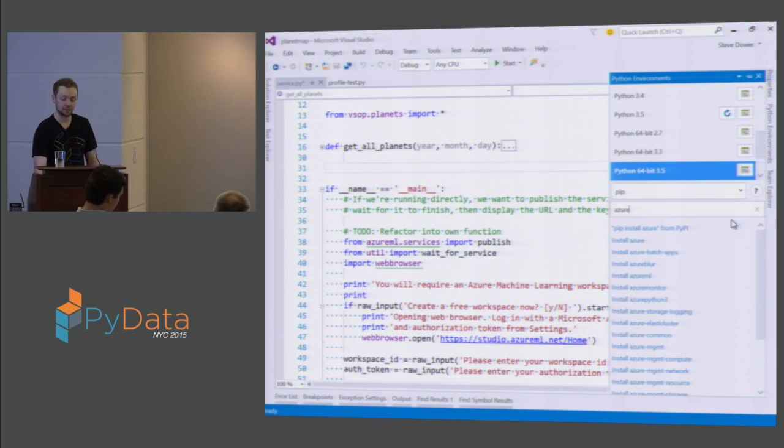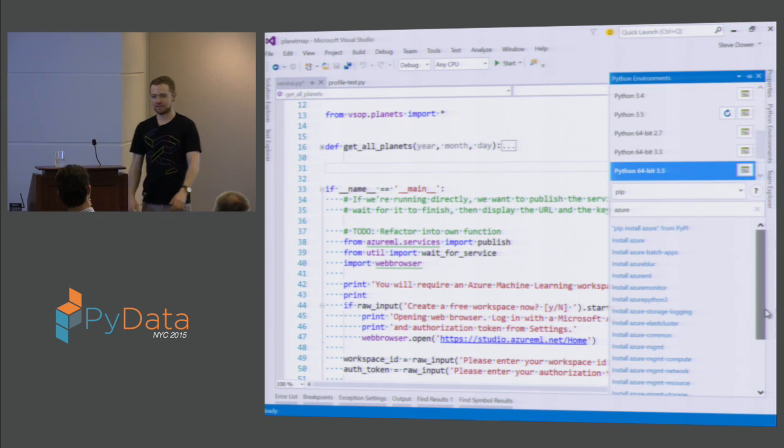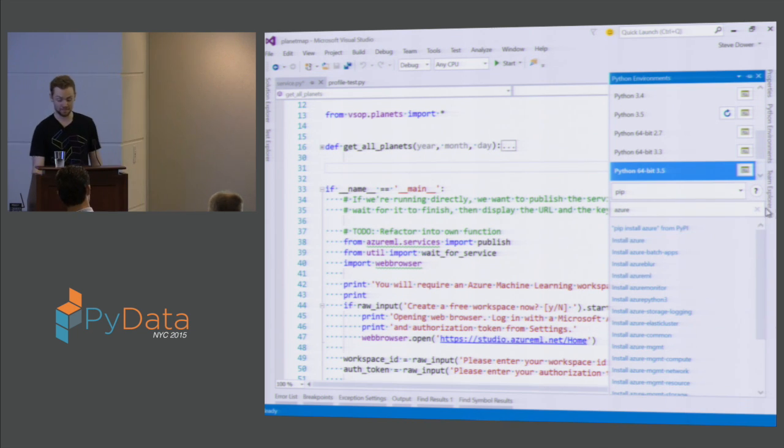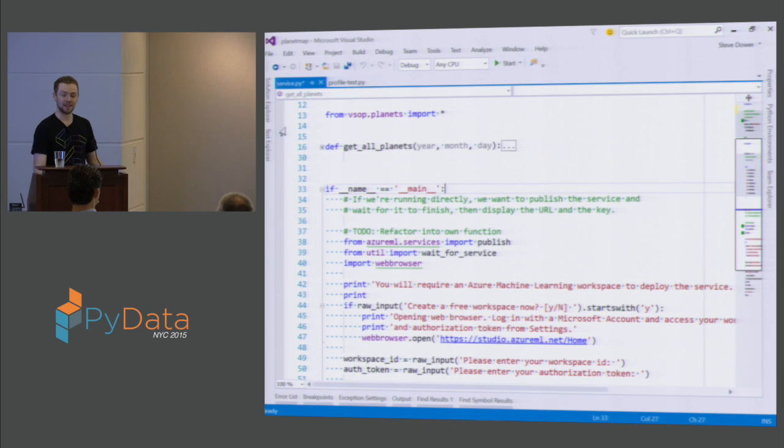And then just clicking on any of those is going to install that package. And if you don't have pip installed, this entire window just has a big button saying install pip. And then we have some magic to install pip. But after that, we're very keen to just keep using the standard tools. If you install something from the command line,